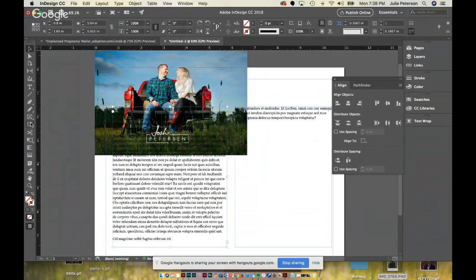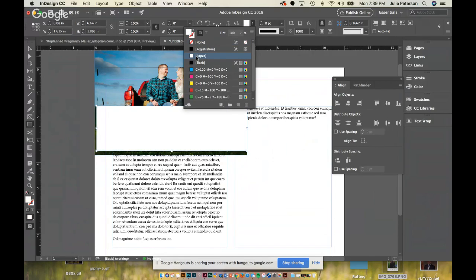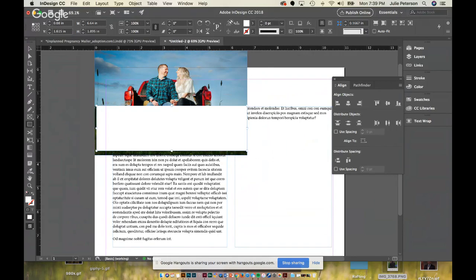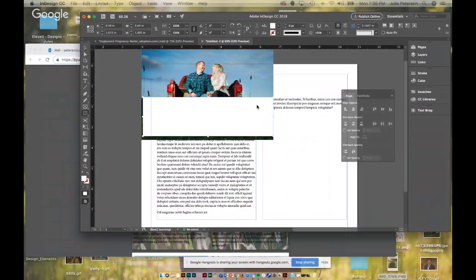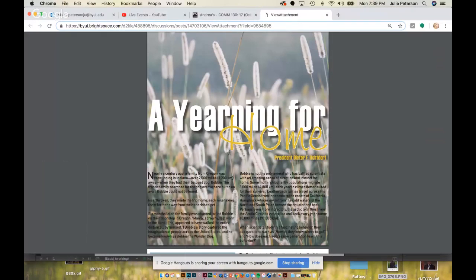So the other option is you can create a box and put it on top of your image, but underneath your text. So I just created a rectangle with the rectangle tool. I like to add colors that are similar. So where you have these greens and whites, I would maybe add an off-white color, and you can always eyedrop that.